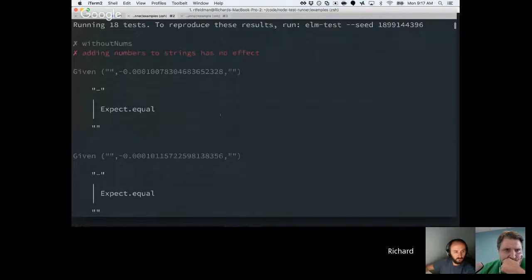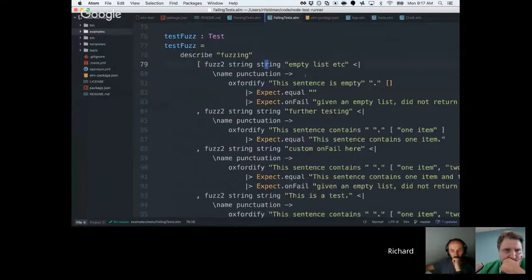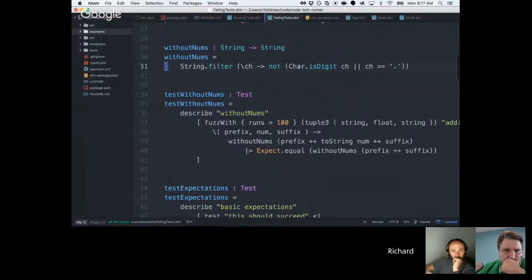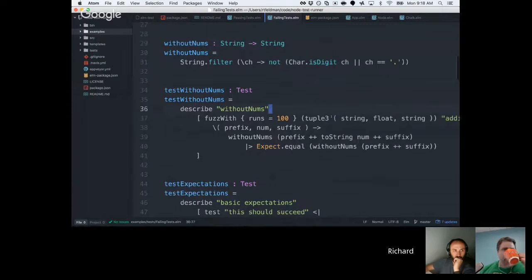Okay, so this first test here is without nums, and if I open this up, it's going to be failing tests. Basically what I'm saying is take all of the numbers out of this string. So I'm filtering out any character that's not a digit or a dot. And kind of the purpose of this is that I'm claiming that if I take,